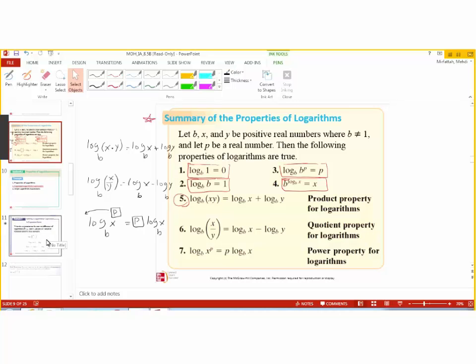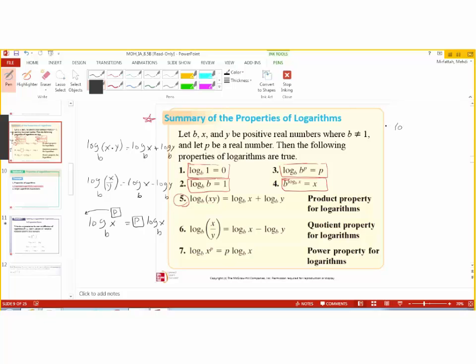Alright, so let's summarize all the formulas that you need to remember for this section. I'm going to write it down here in this corner. The very first one that you have to remember is